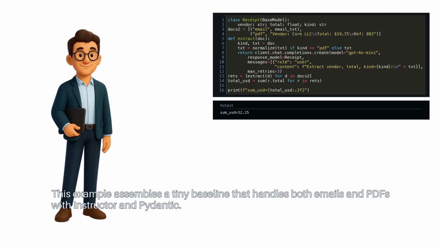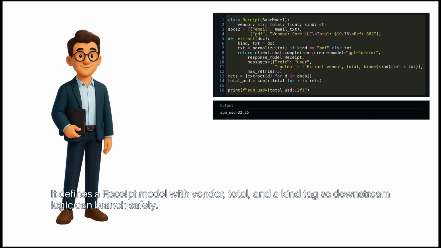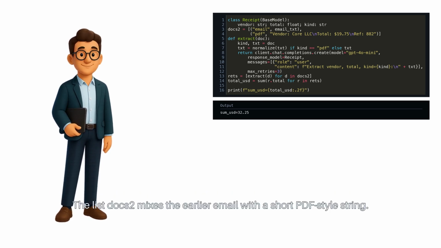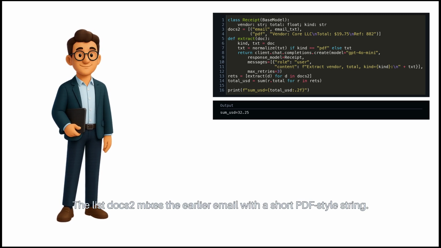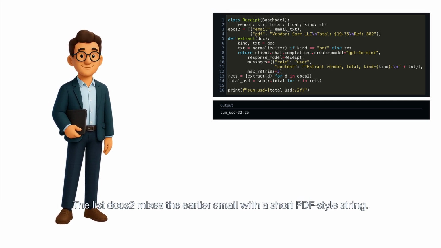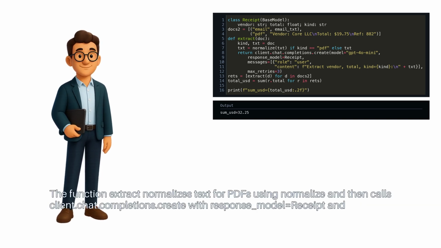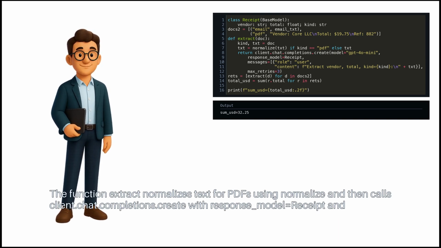This example assembles a tiny baseline that handles both emails and PDFs with Instructor and Pydantic. It defines a receipt model with vendor, total, and a kind tag so downstream logic can branch safely. The list docs2 mixes the earlier email with a short PDF-style string. The function extract normalizes text for PDFs using normalize and then calls